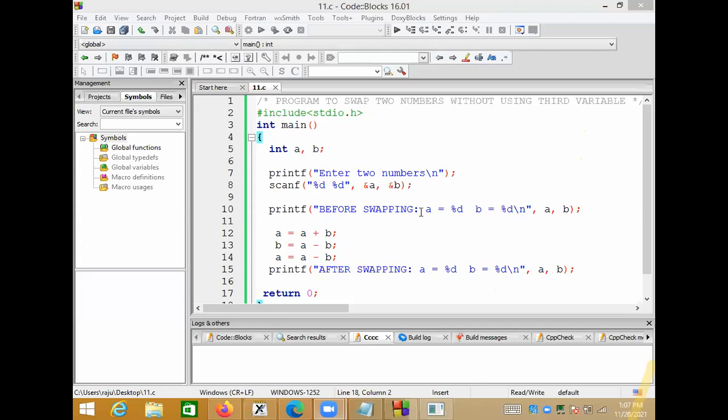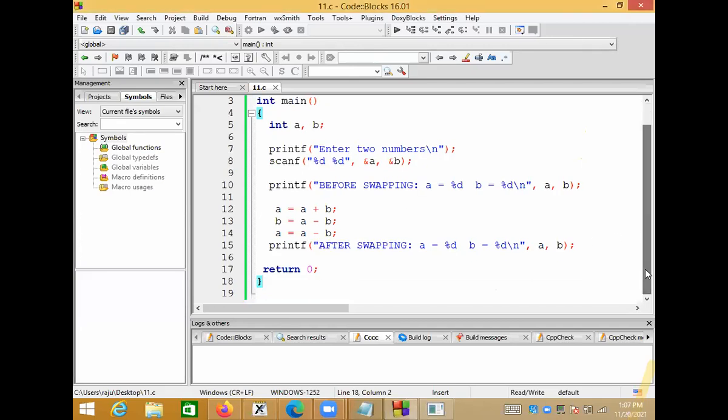If you are asked to write a swap two numbers program, and you write this second variant program, then definitely they appreciate you, and there are more chances of getting placed in such companies.